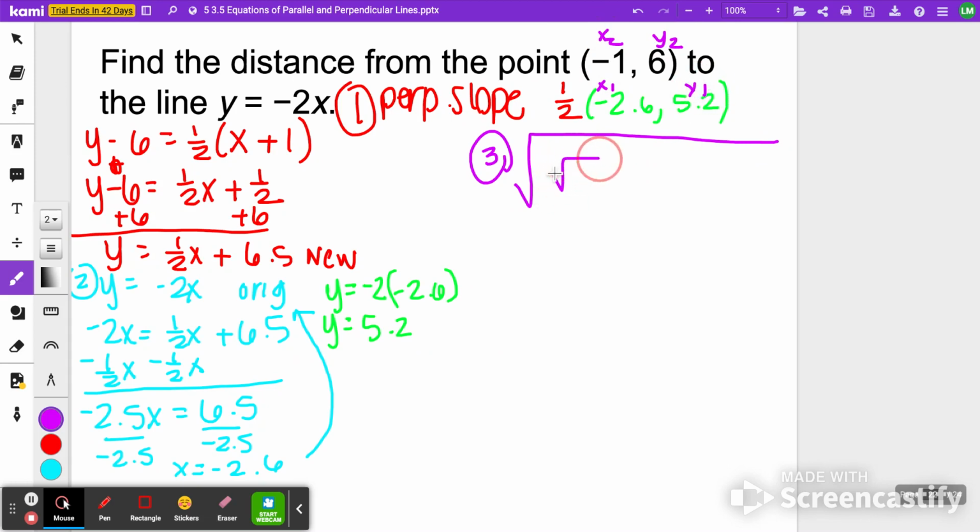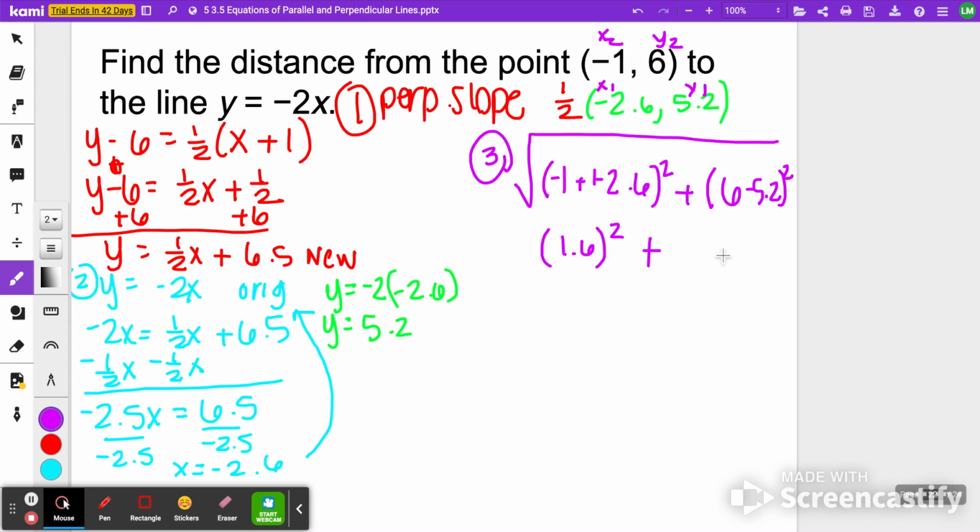Okay, I'm going to have negative 1 minus negative 2.6 squared, which will actually end up being plus, and then 6 minus 5.2 squared. Okay, here we go. Negative 1 plus 2.6, that is going to give me positive 1.6. So I'm going to have 1.6 squared